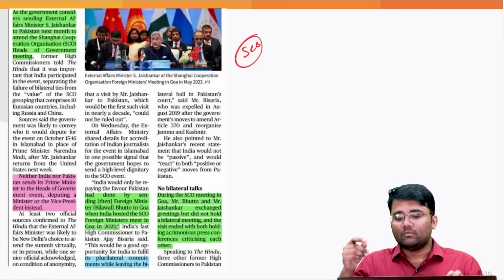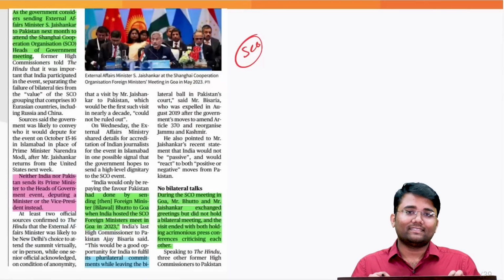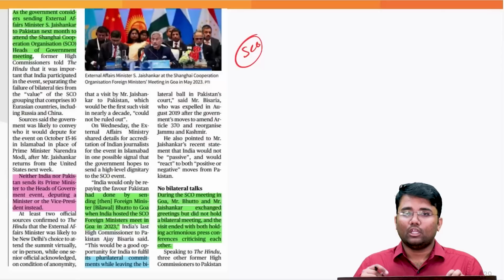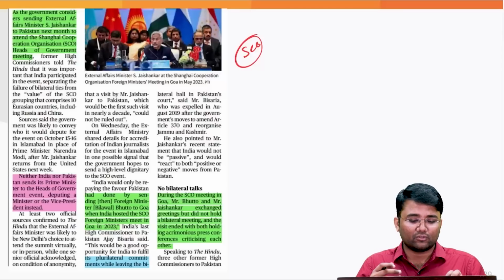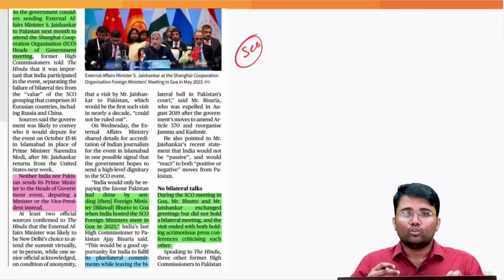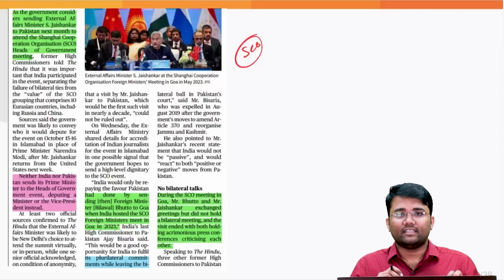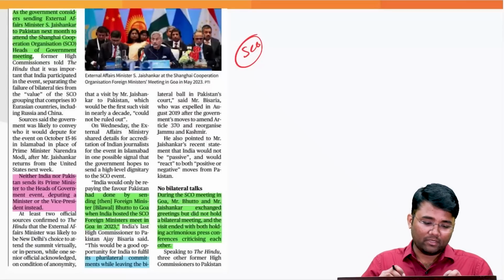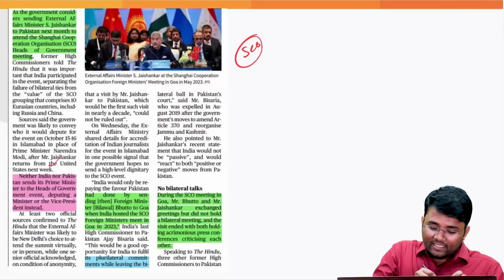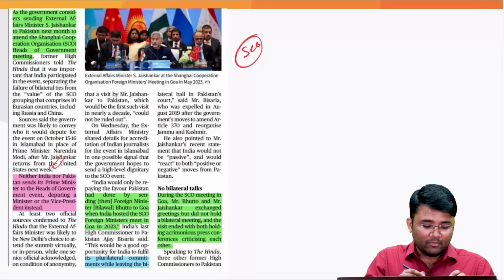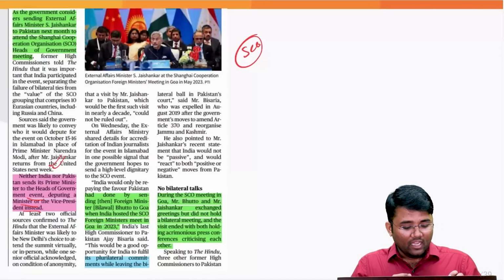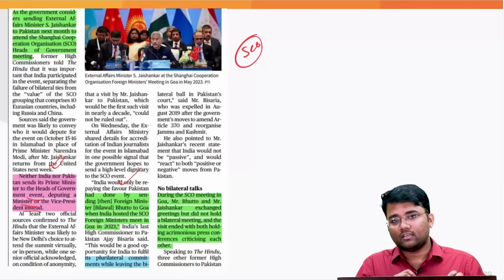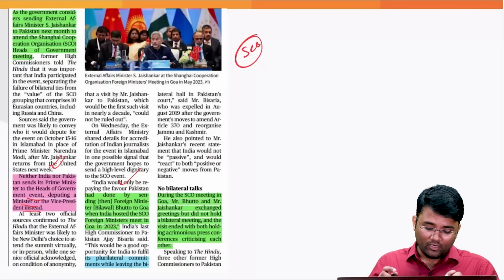But when the SCO meet last happened in Goa, Pakistan sent its foreign minister to attend. So there are some sources that confirm that India is also thinking of sending our foreign minister to represent India in this SCO meet, which is going to happen in Pakistan. So neither India nor Pakistan, as you note, sends its prime minister to the heads of government event, deputing a minister or the vice president instead. And it has been already done by Pakistan when we had the meeting in Goa.